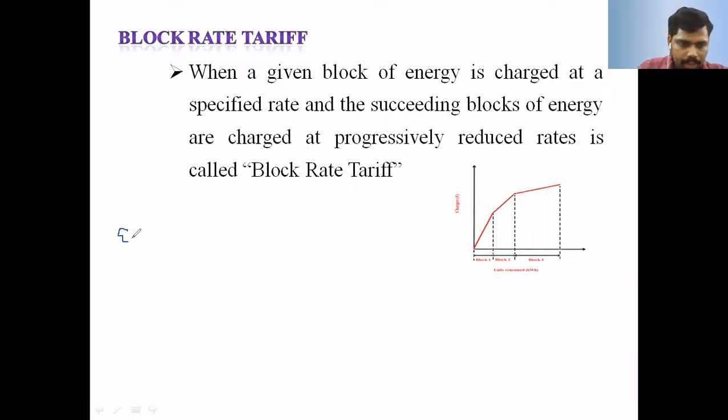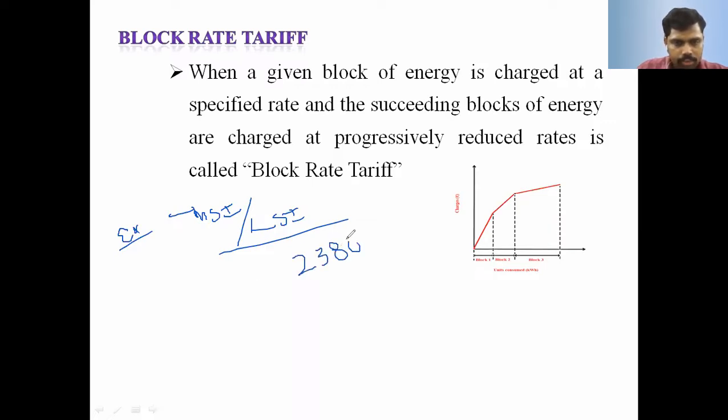Now, for example, you can take a medium scale industry or large scale industry. In a month, on an average, the industry consumption is not based upon the season or the climate condition. Almost all industries run throughout the year with on average the same amount of energy consumption, the same number of units. For example, in 1 month, they consumed 3,280 units.